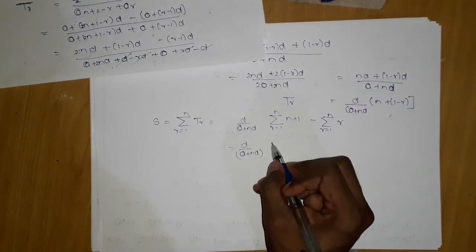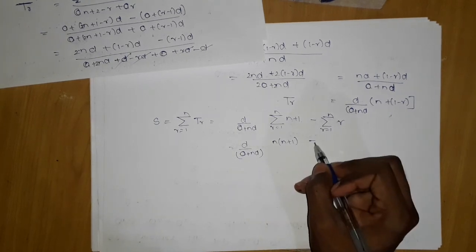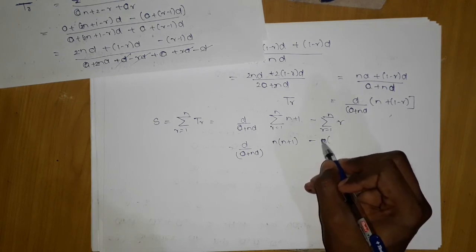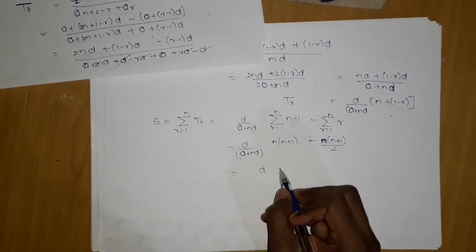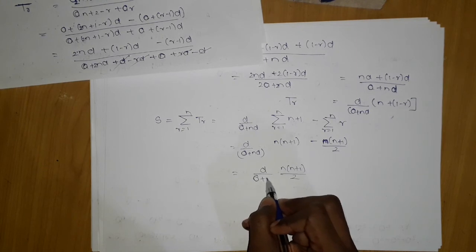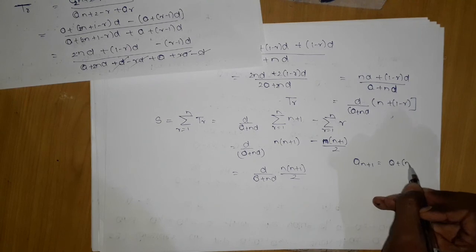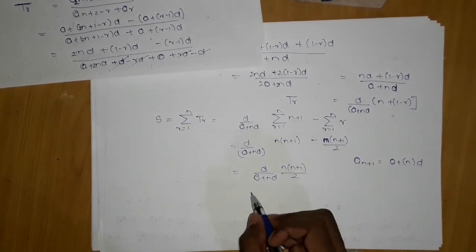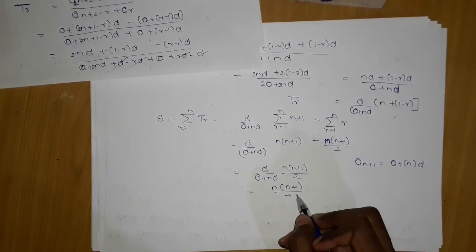Okay, this is nothing but n into n plus 1 added n times, so this will become like this, and further on this will be n into n plus 1 by 2, which gives me finally d into n plus 1 by 2 into a plus nd. Now a plus n plus 1 will be what? A plus n into d, n will cancel out, so a plus nd is nothing but a n plus 1, so I can write it as n into n plus 1 upon 2 into what?